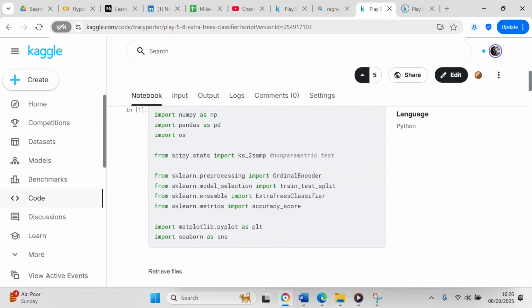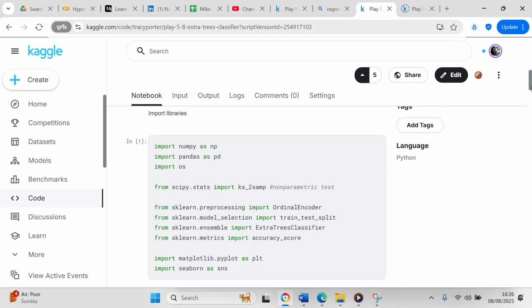After we've defined our problem statement, we want to import the libraries that we're going to use to make this prediction. We're going to import NumPy as np, which is a numeric library that creates NumPy arrays. We're going to import Pandas as pd, which is a data processing library that creates data frames and series. We're going to import os, which goes into the operating system. We're going to import scipy.stats